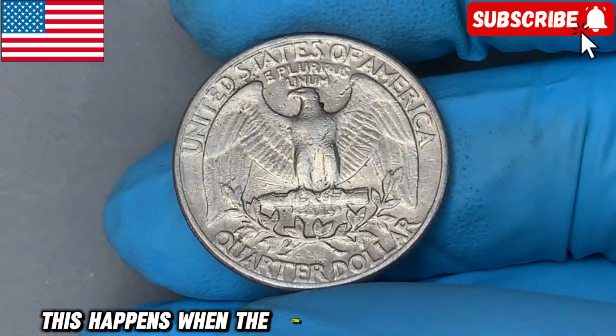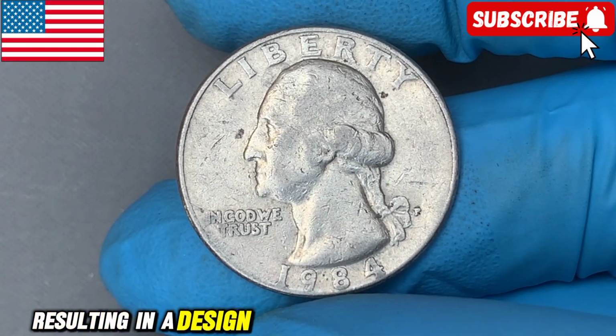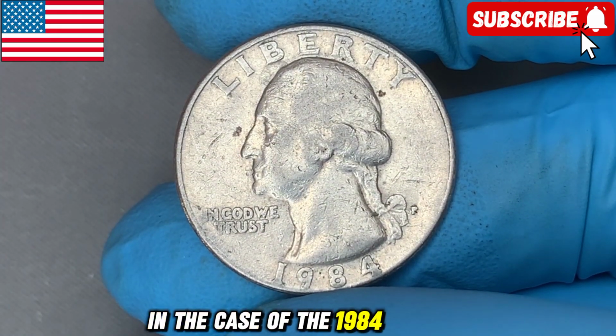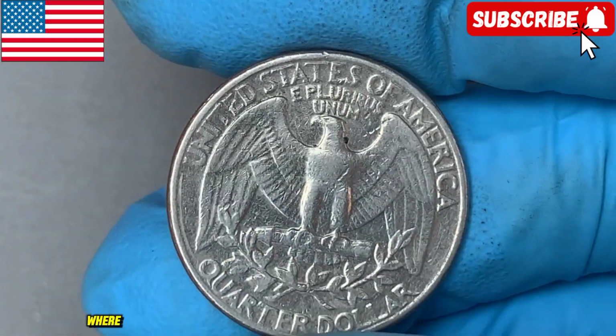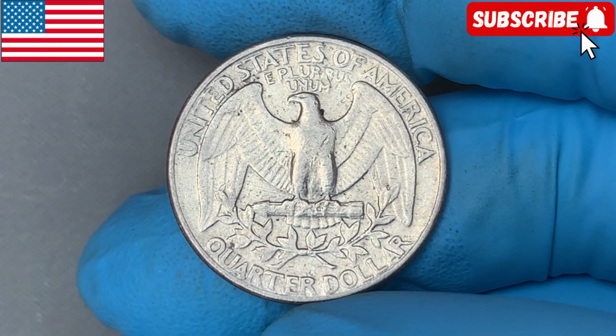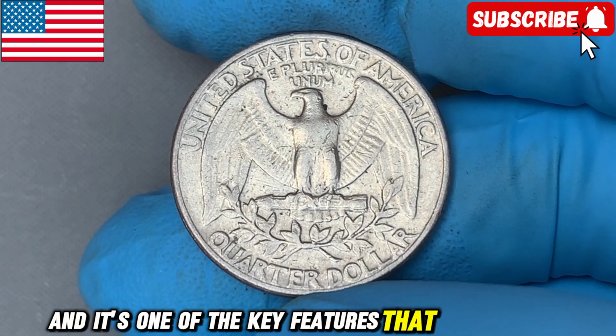This happens when the coin is struck multiple times with the same die, resulting in a design that appears doubled or blurry. In the case of the 1984 quarter, the double die error can often be seen in the date, where the numbers 1984 appear to be doubled. This kind of error is highly collectible, and it's one of the key features that can drive up the value